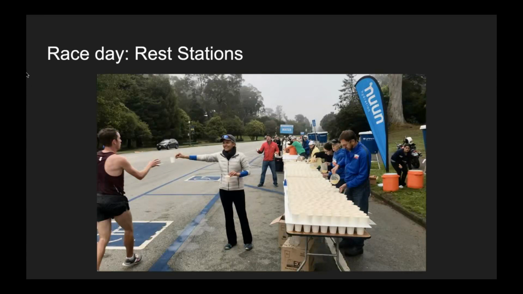I wish someone had told me about these before I ran any of my races, because they're just places, stations along the way, usually every mile or every 2 miles, and they just have water, Gatorade, and usually food, bananas and snacks. So when you're running and you're sweaty and you're tired and you've gone like a mile and then one of these stations shows up, it's just a blessing. It's gonna be okay. I have water and food. I'll take a quick break and then you'll be good to go again. No one told me about these things beforehand, but it's honestly one of the best parts of running in official races.